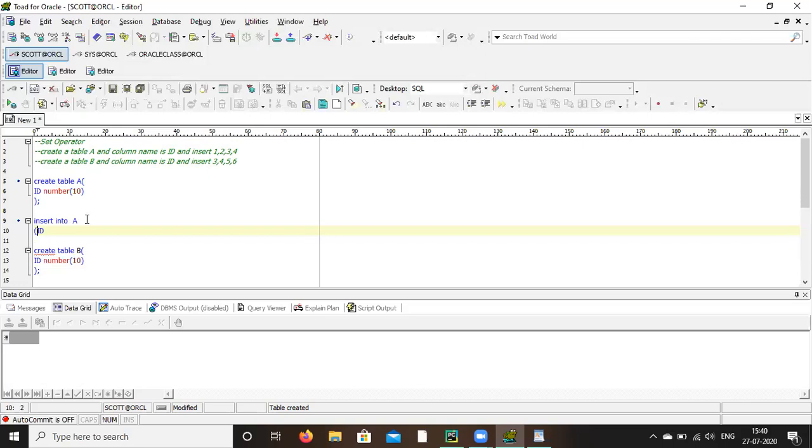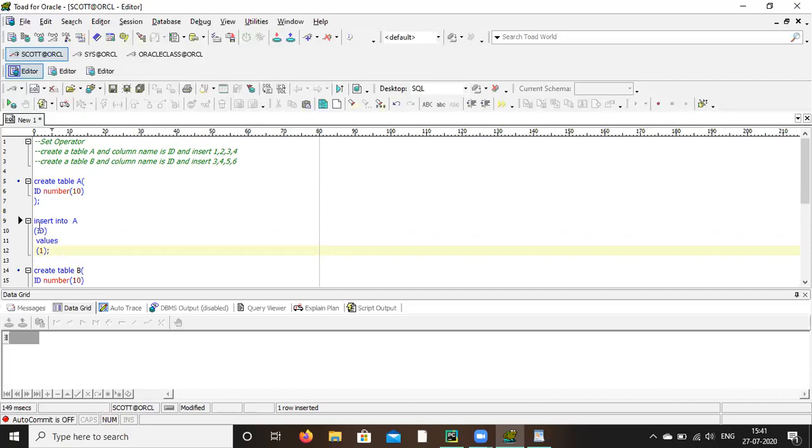One column you can write there. Bracket close. Then values, enter, 1, bracket close, semicolon. Control enter. One row inserted.